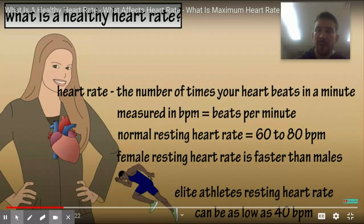So beats per minute means if you were to count the number of beats or pulses that you would feel, it would be the amount of pulses in 1 minute. However, I taught you yesterday how to take your heart rate, which is 2 fingers behind your jawbone, and feeling for the pulse or the beating. You would then count the number of beats in 6 seconds and then add a 0 behind it. Okay? So if I had 6 beats in 6 seconds,